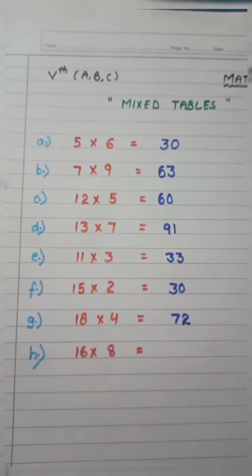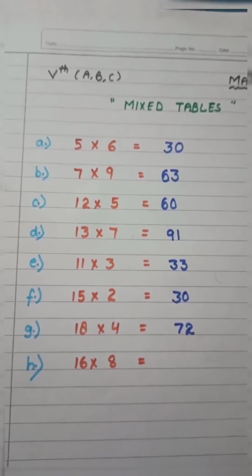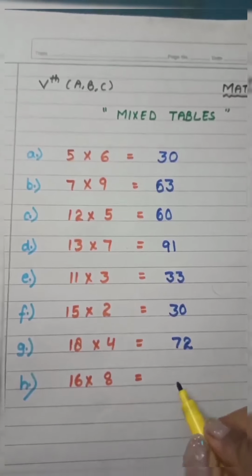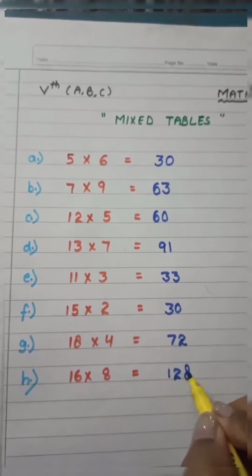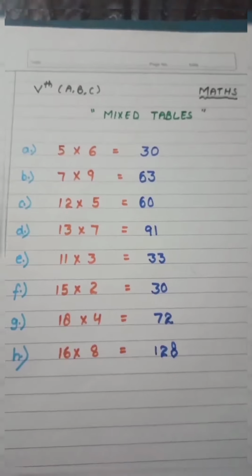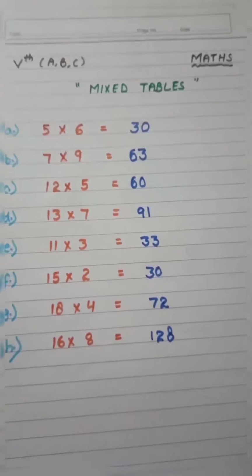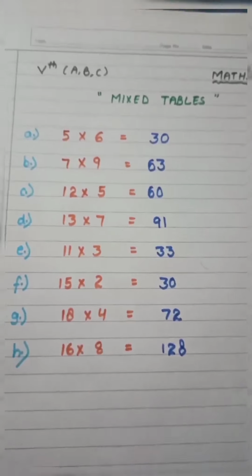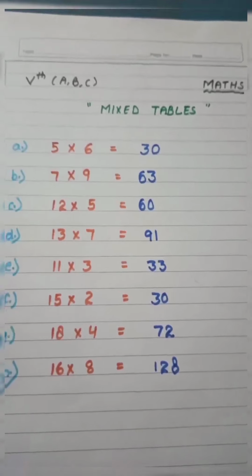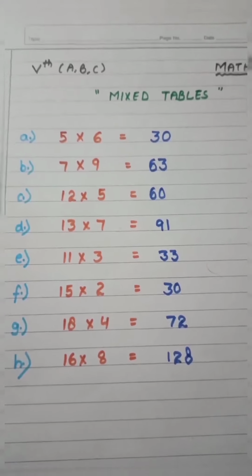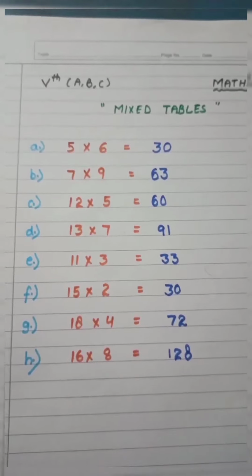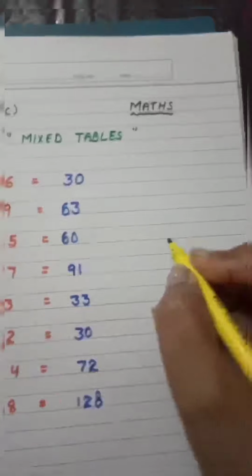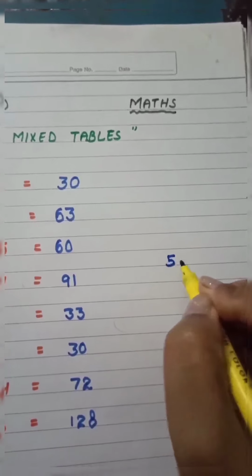Then H part we have 16 8s. So 16 8s means 128. So students, see, this is how we can write down the answer of any table, if we learn them nicely. And yes, there is one more thing, that if we have to write 5 into